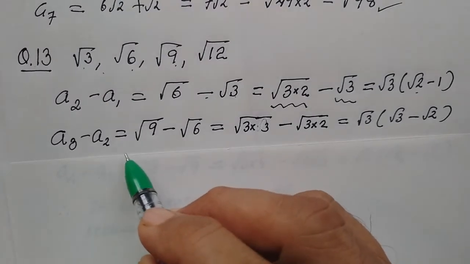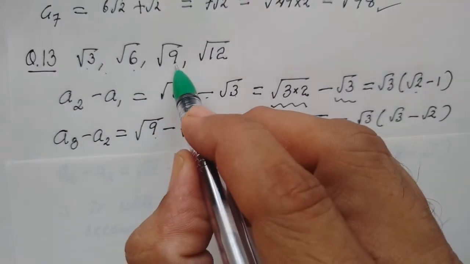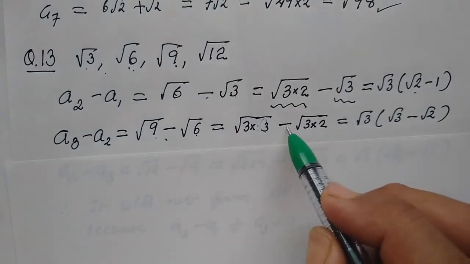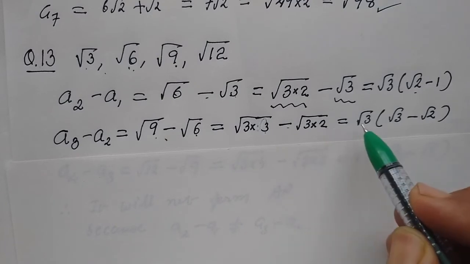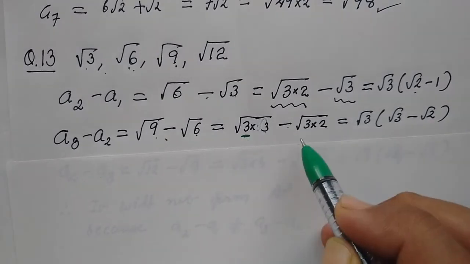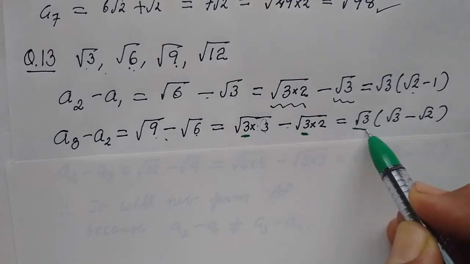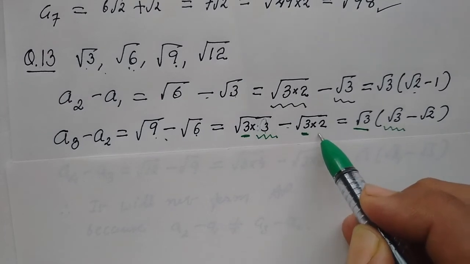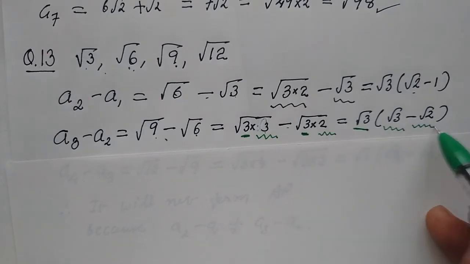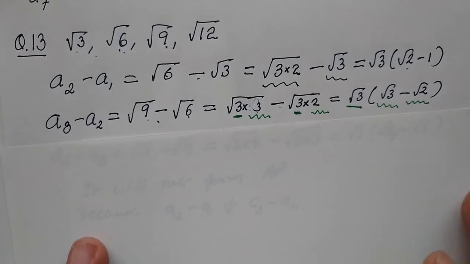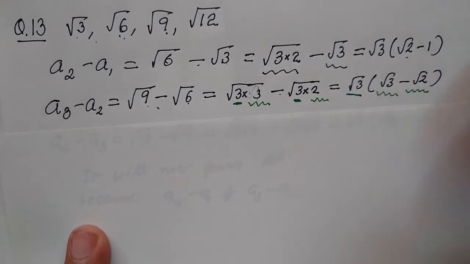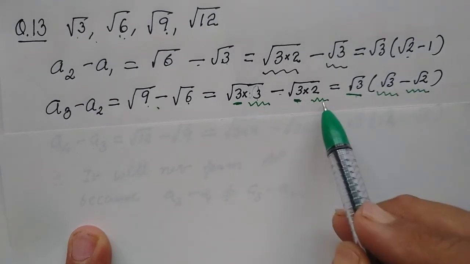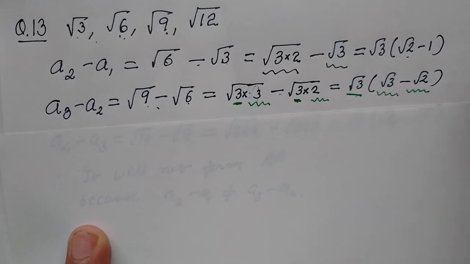Now A3 minus A2, root 9, this is A3, A2. Root 9 minus root 6 is what? 3 into 3 minus root 3 into 2. This is root 3 taken out. Left part is this 3, that is root 3, and this 2. So it is minus root 2. Okay children? So children, this is not any design work. Here dash, dash, dash, meaning something common. This is a zigzag line, that is inside. That is to be understood.